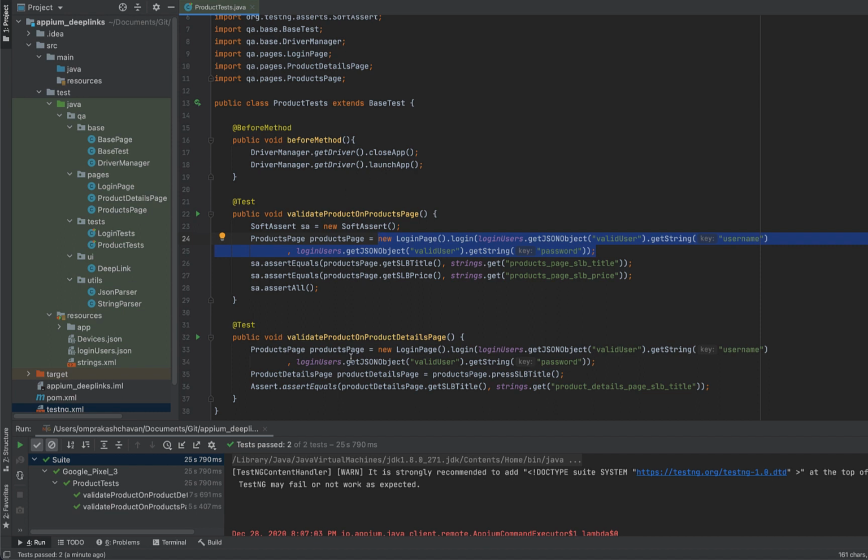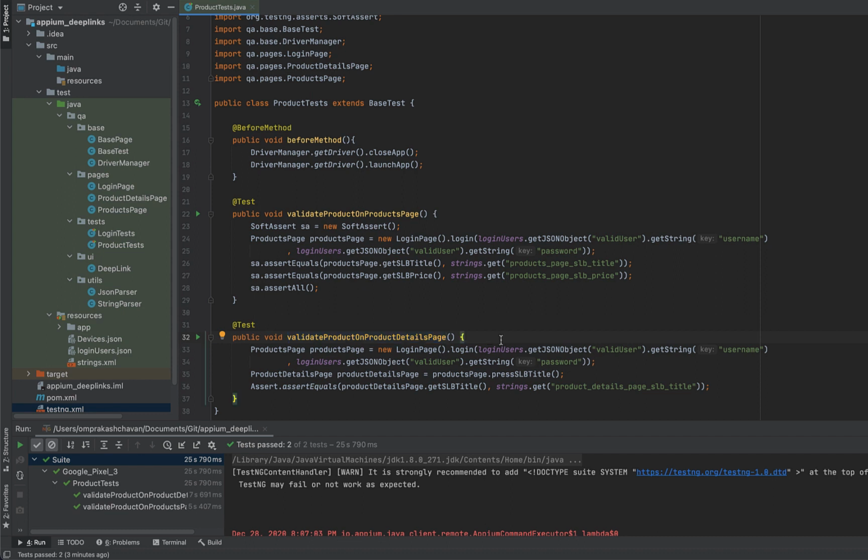And in each of the test case, our actual intent is not to do the login operation, right? The actual intent can be different. That is, we could be on a certain page and from that page, we might be navigating to the next page and doing some validation, right? So for that test case, we want the application to be on that page. We don't want to do the login operation and then navigate to that particular page and then start from there, right? These are the setup steps. And it is always better to avoid doing these setup steps through the UI.